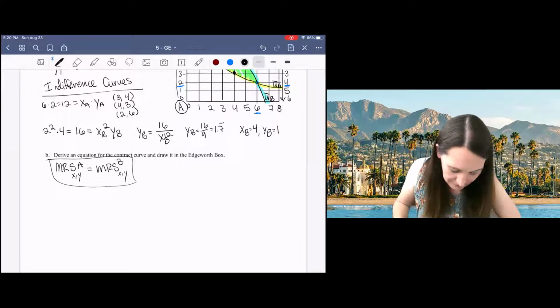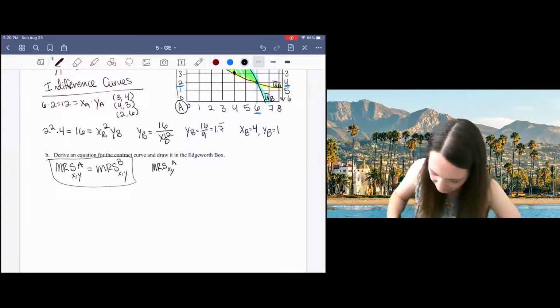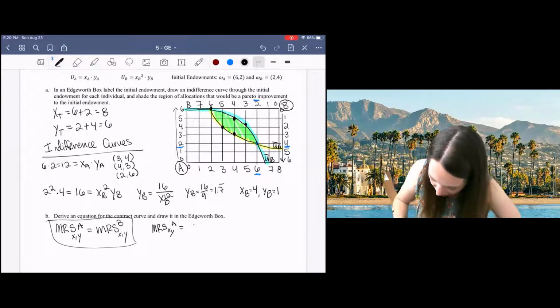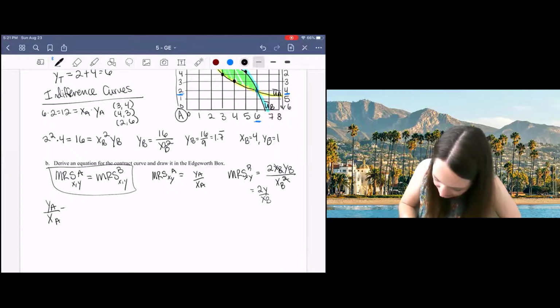So if we find Anne's marginal rate of substitution, that will be YA over XA. Ben's marginal rate of substitution will be 2XB YB over XB squared, which simplifies to 2YB over XB. But you'll notice that when I set these equal, I don't have an equation that's very easy to plot,